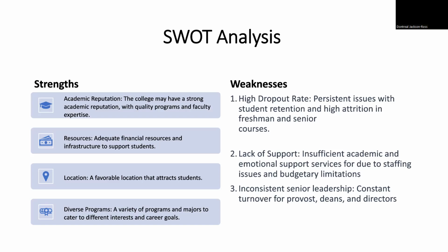Persistent issues with student retention and high attrition in freshman and senior courses are weaknesses. The lack of support includes insufficient academic and emotional support services due to staffing issues and budgetary limitations. So while we do have these resources in place, usually one counselor has approximately 800 students, and that is a lot for one person to juggle